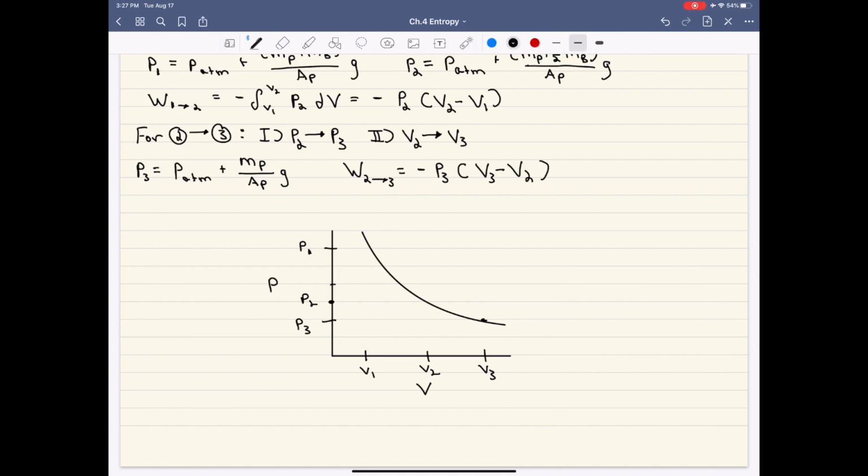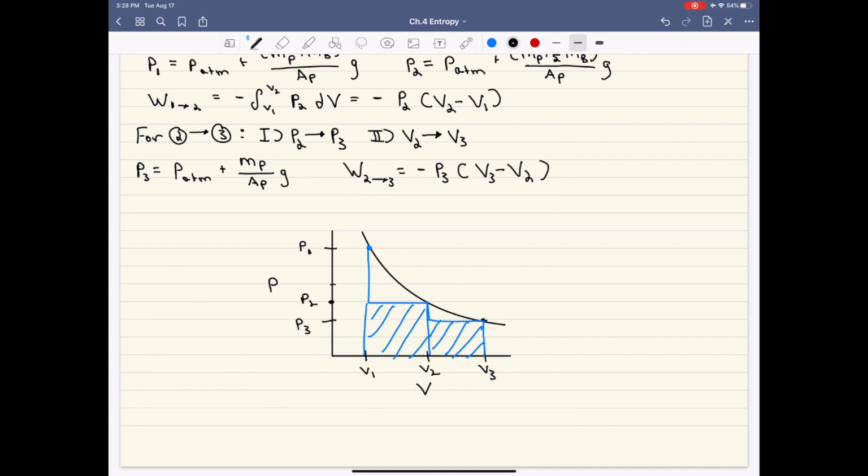When the system is expanded from volume 1 to volume 2, what we first did is we first changed the pressure, and then we changed the volume. Okay? And so the work associated with that process is this. And then in the second step, we first change the pressure to P3, and then we change the volume. Okay? And so the work of the total process,